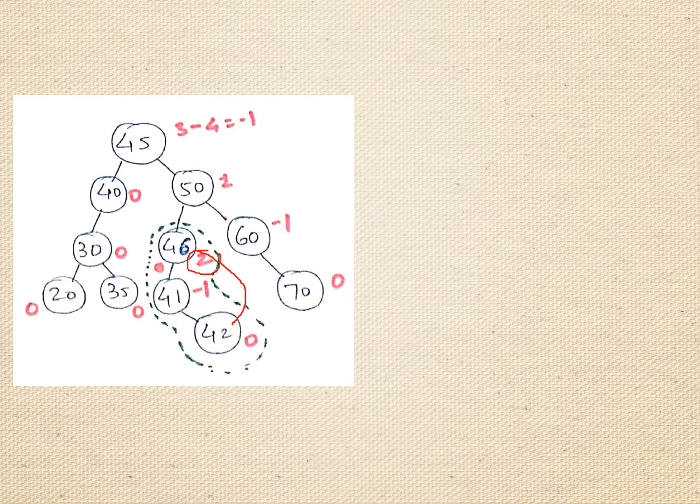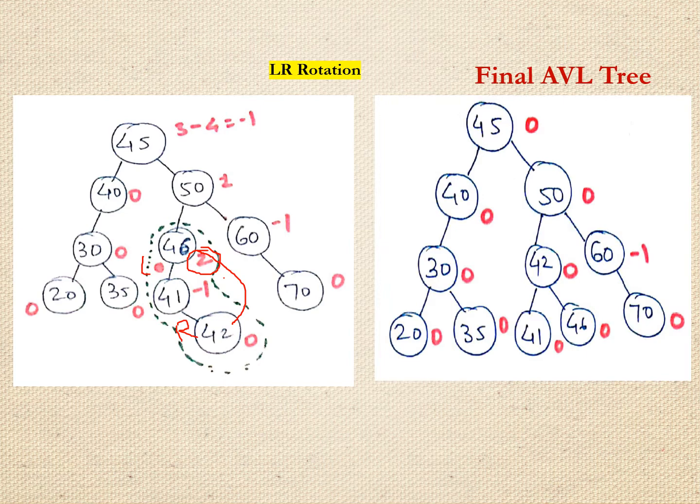It was imbalanced because of this 2, and we are performing the LR rotation, that is a left, here left, and here it is R rotation. So please verify the answer. 42 will be the root of this then, and 46 will be shifted to the right. So please verify that. We'll be getting here that 42 is now changed to here, and your 46 is shifted here, and then 41 is as it is. This way we can use the shortcuts that we have already seen in the initial slides of this video, and that way we can verify the answer.